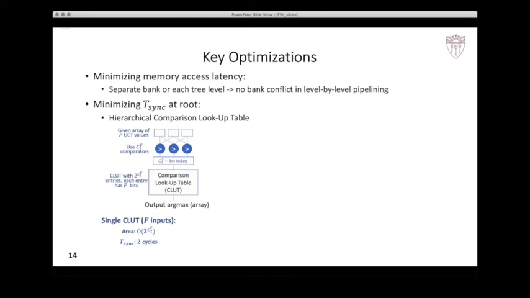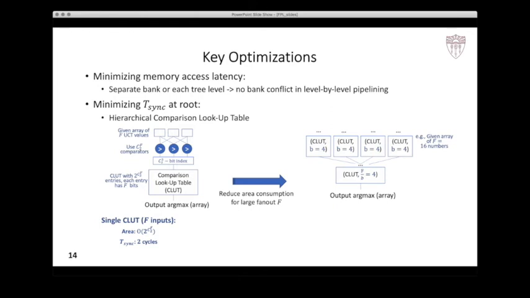However, the area consumption of such a design is on the order of 2 to the power of the number of 2-combinations in F. This is not practical even for an action space of more than 10. It's too large. Therefore, to constrain the CLUT size while keeping the interval small, we introduce a hierarchical CLUT design